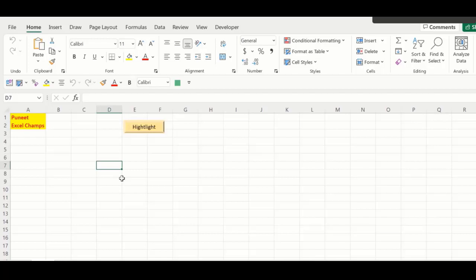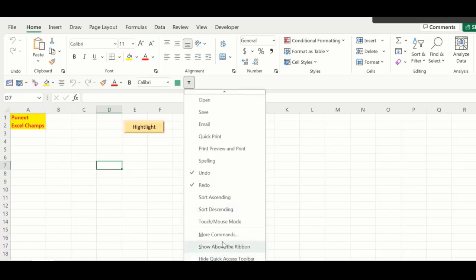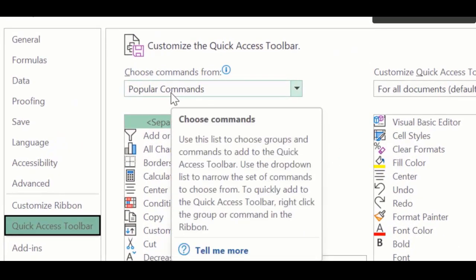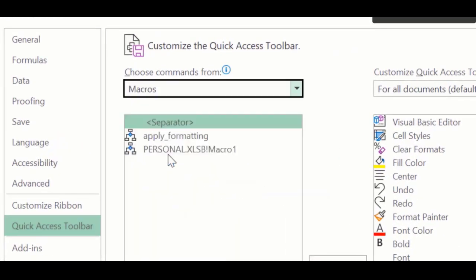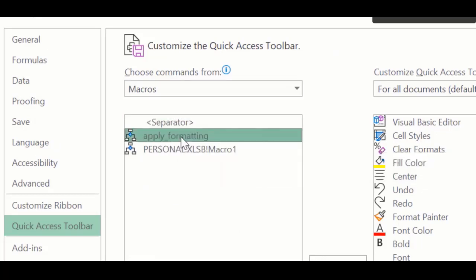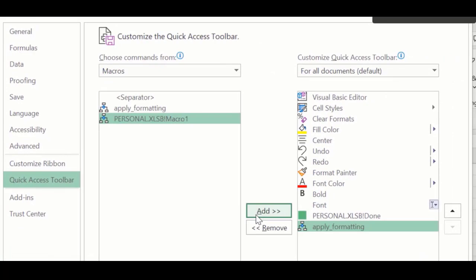Yes, that's it. You can also add a button on your quick access toolbar for the macro that you want to run. So for this, I'll go to more commands, and then from here choose commands from. I'll select macros. Here again I have a list of all the macros that I have right now in my workbook. I'll select the first, apply formatting, that I want to add to the quick access toolbar, and then I'll click add,